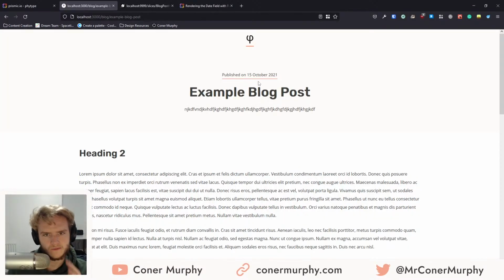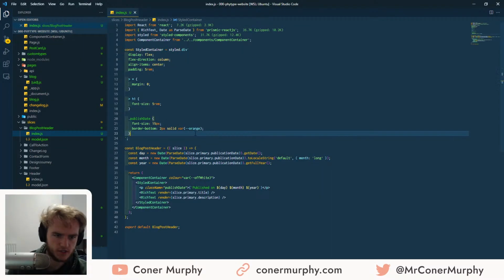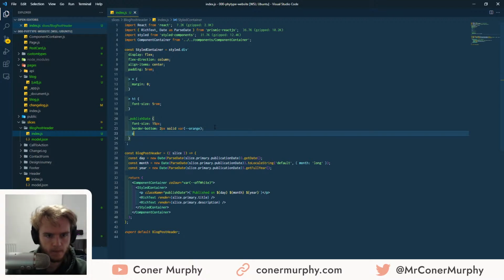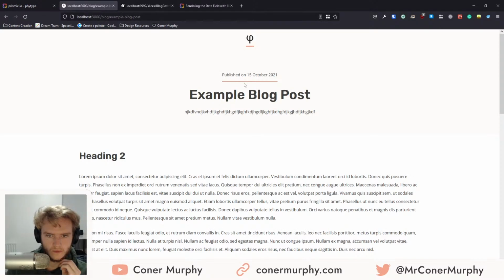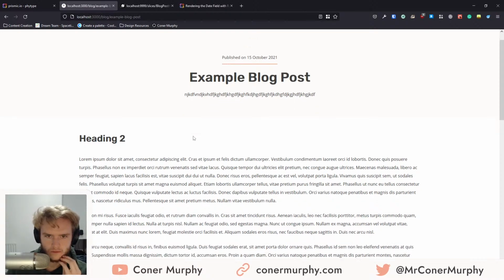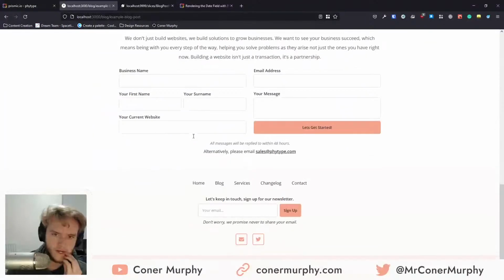How does that look? I don't know. Put a bit of padding on it maybe, just to try to pad it out a bit. Padding bottom 1 rem. Cool. Maybe what might be better is to do